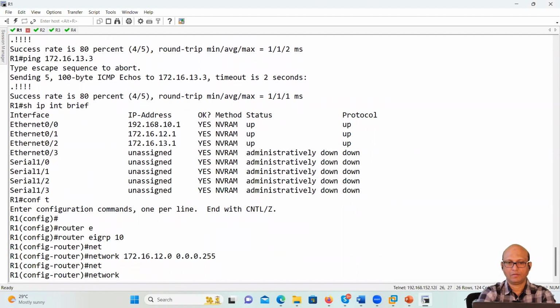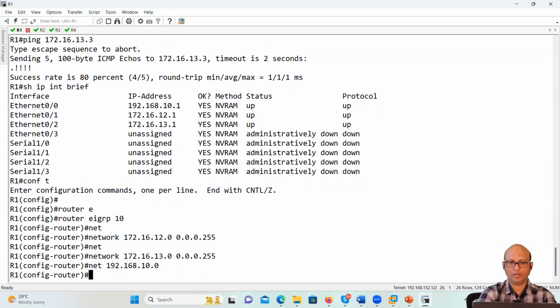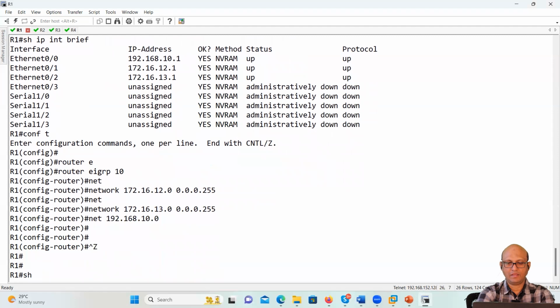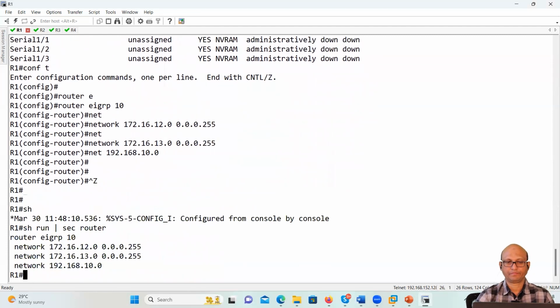Network, network. So when I say show run pipe section router,